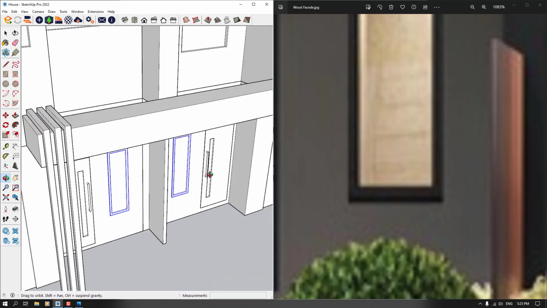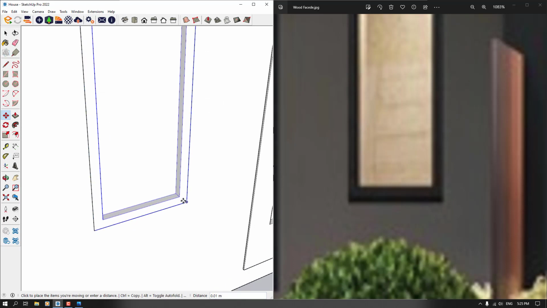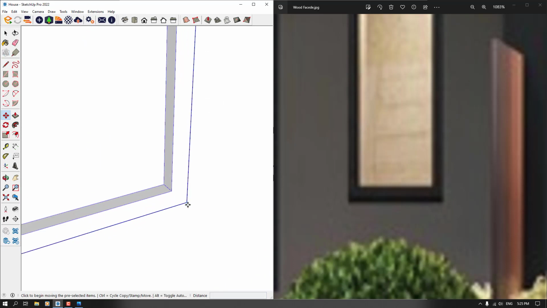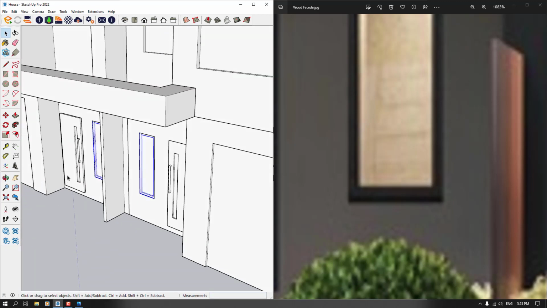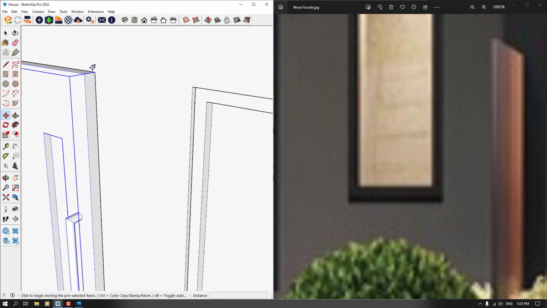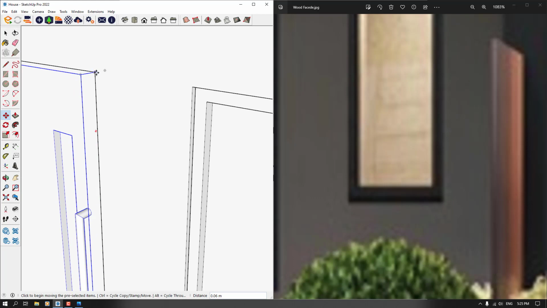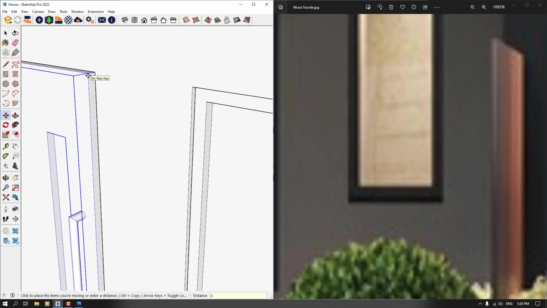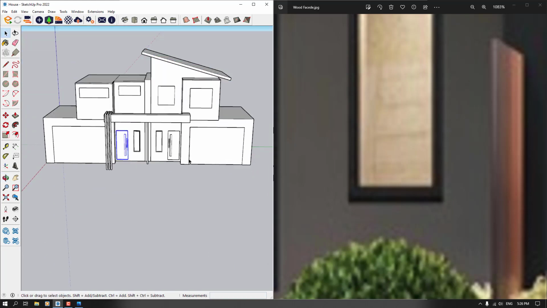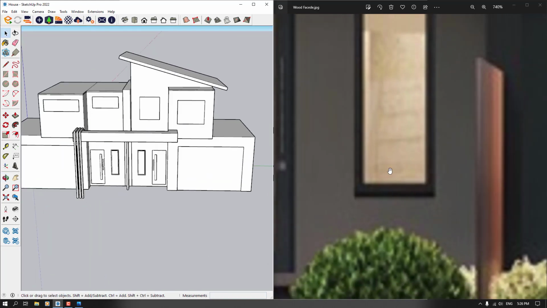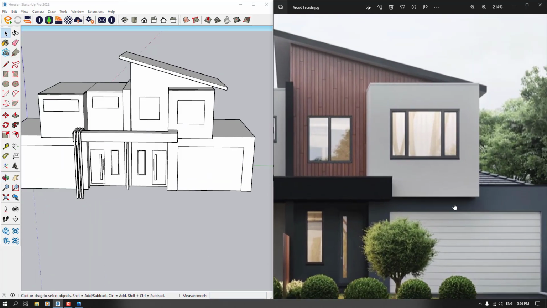I select both of my windows and I'm gonna push them back like this, a little bit backward to the wall frame, and push this door back again about 1 centimeter. So now we have these details in our model. Let's model the